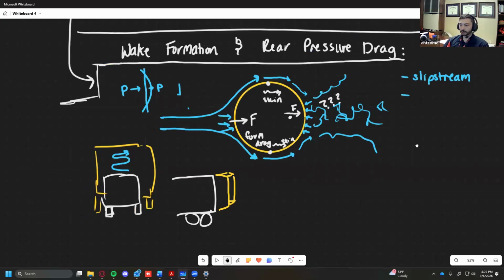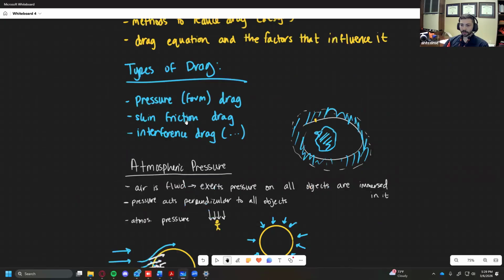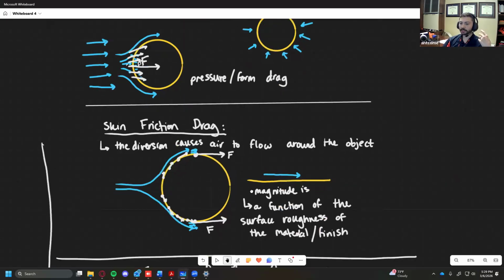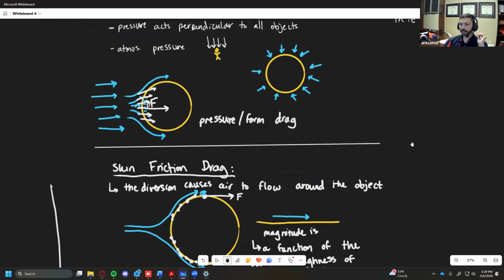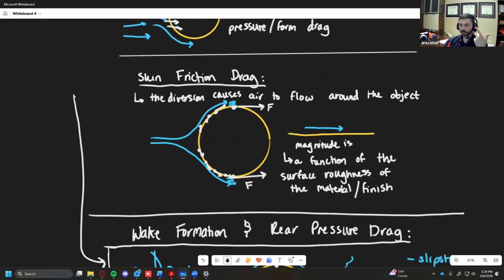So again, let's just summarize everything. The total parasitic drag, which is what we're talking about here, falls down to three things. The first thing is your pressure drag. This is from the form. Basically, the face that it's hitting, how ugly and how broadside, so to speak, is the face that it's hitting. Because that's the first thing that the air is going to hit, and it's the hardest thing the air is going to hit. The second thing is going to be your skin friction drag,